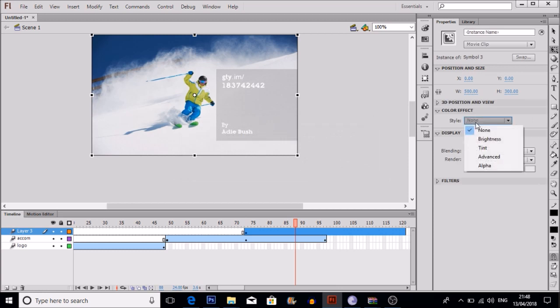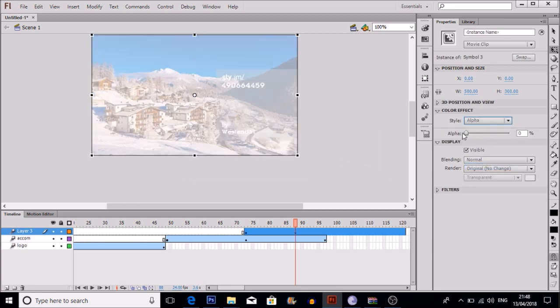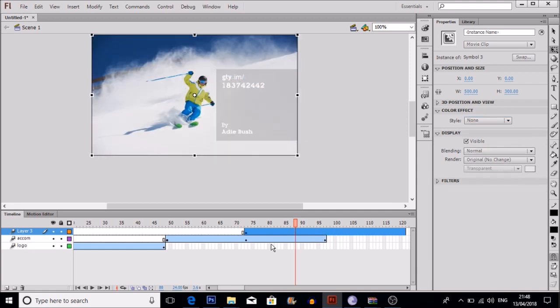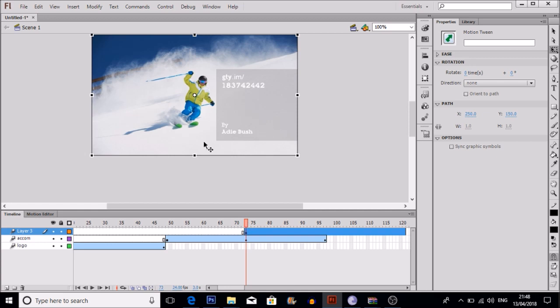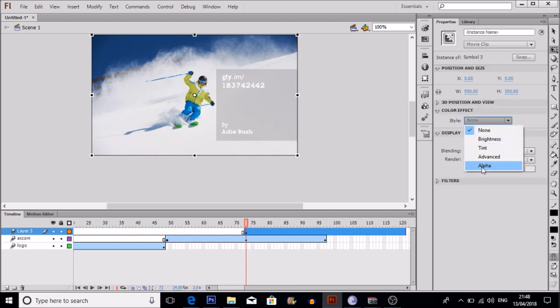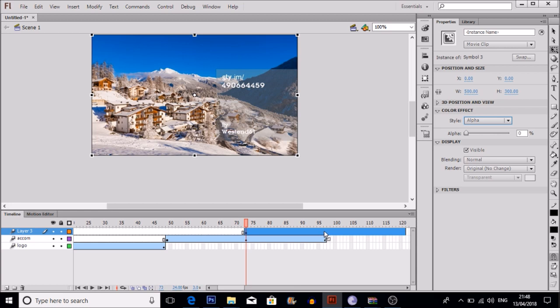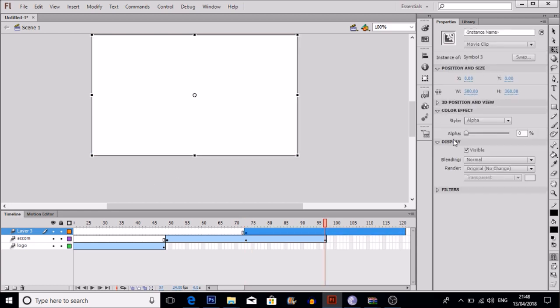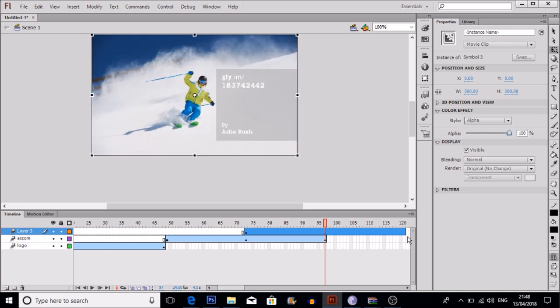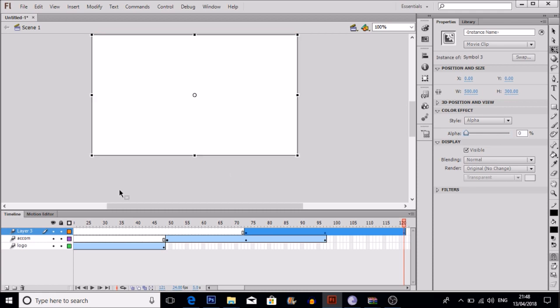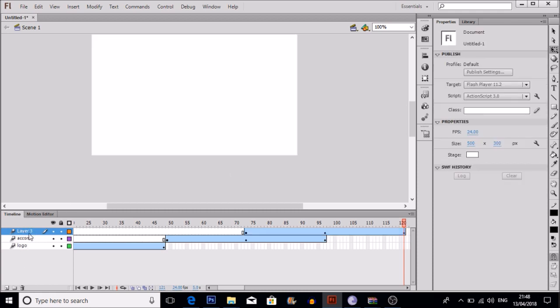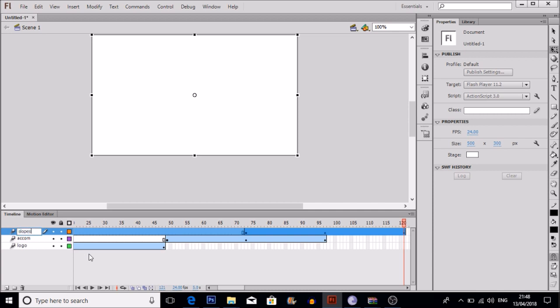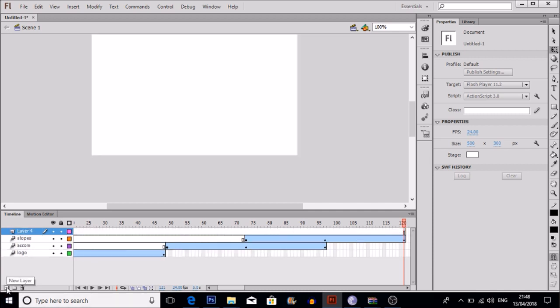Alpha. Start with 0. Oops. From here. Alpha. Start 0. At the half of it will become 100, and then at the end we'll go back to 0 again. So this will be third layer slope, and the fourth layer